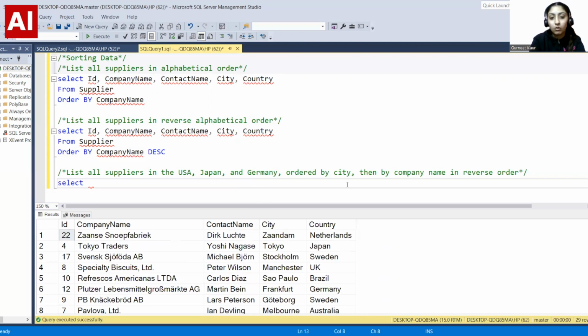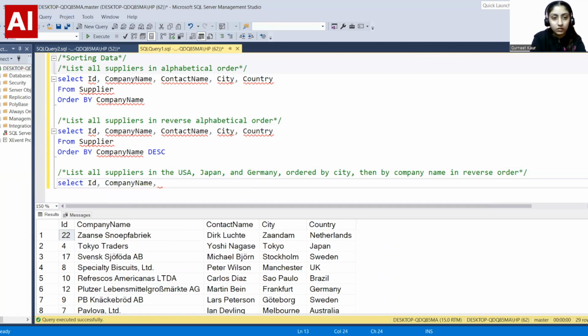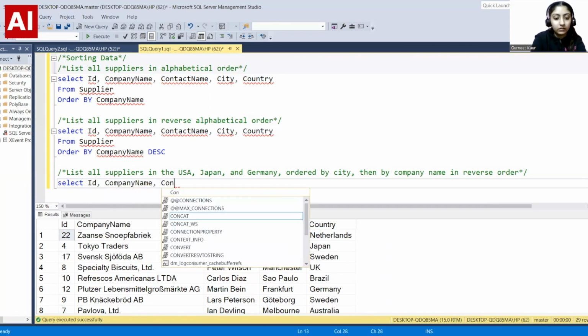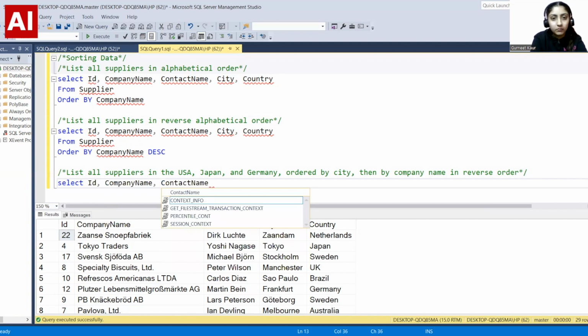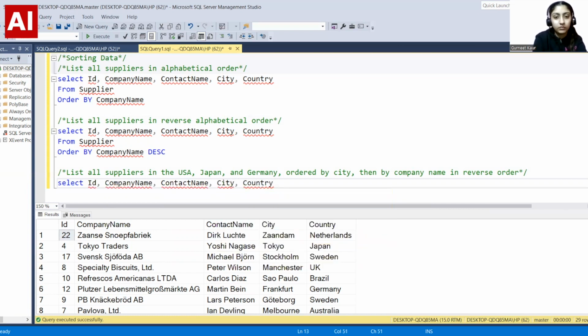So first we'll select again the same: ID, company name, contact name, city, and the country. From table name,